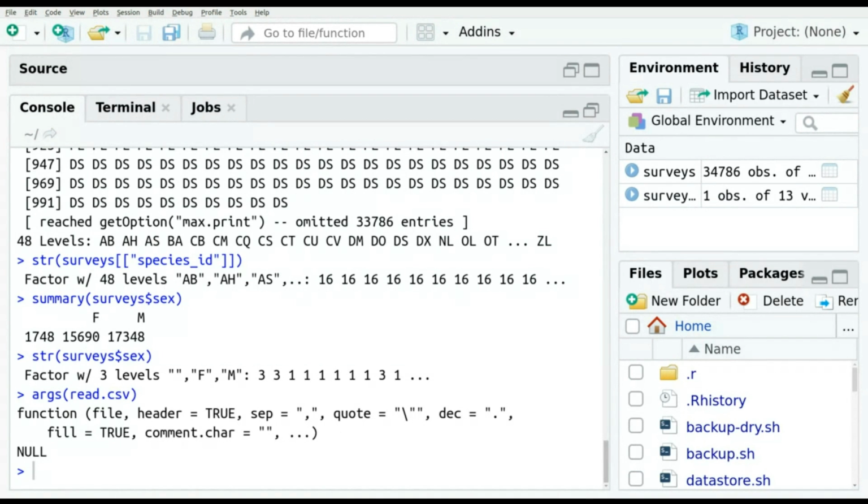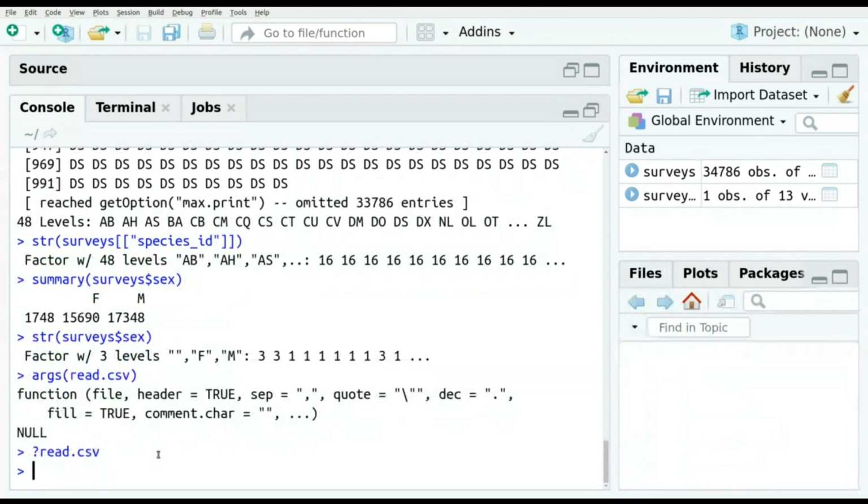The question about if that works, I think it should work. I will type